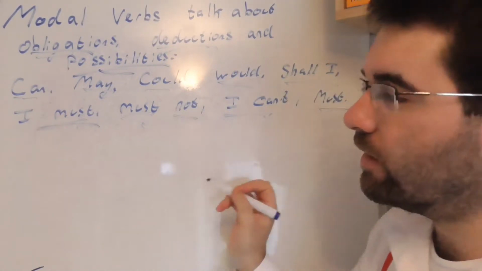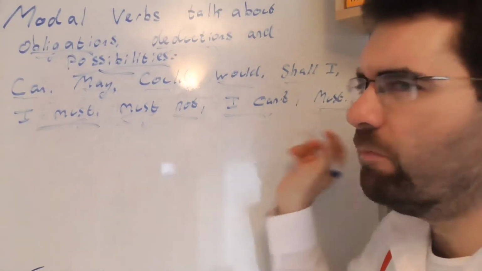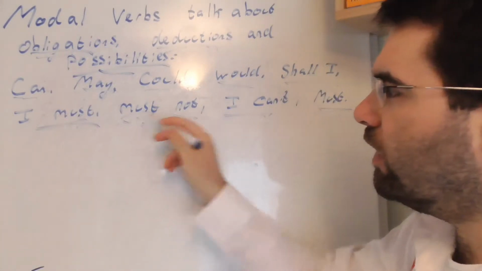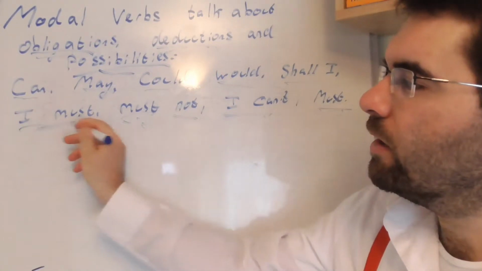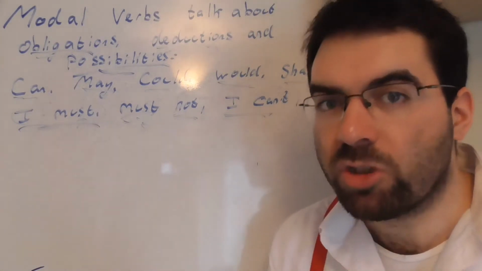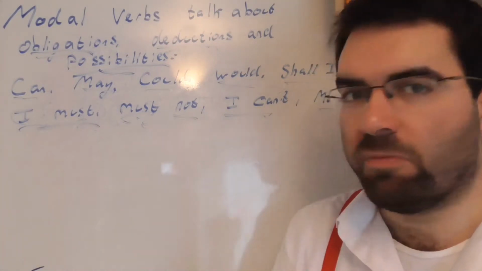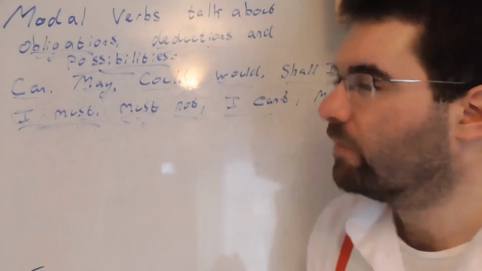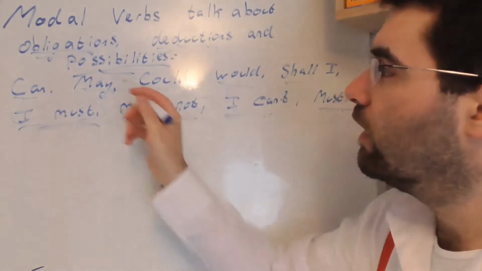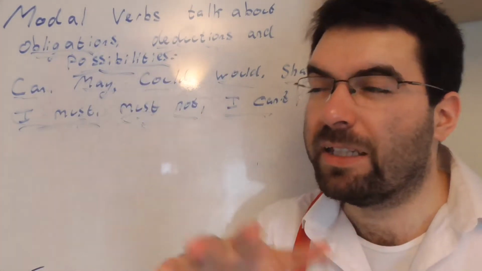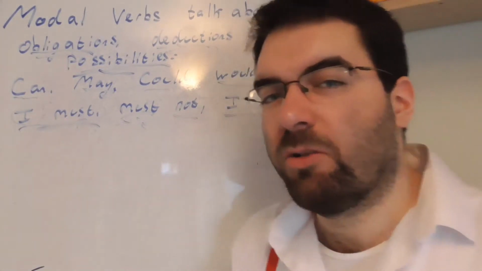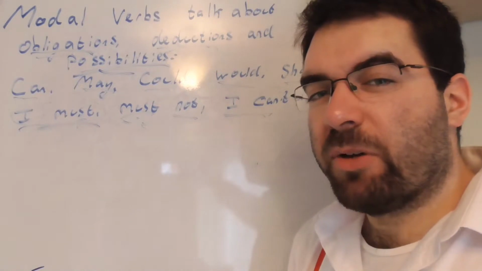Must. Oh, we had must here. We must have made a mistake. A mistake must have been made by me. Here, must twice. I must have made a mistake. When I was writing the lesson, a mistake must have been made by me. Cool. Things that must happen, obligations. Deductions, what it boils down to. And possibilities, chances of things happening. But, as always with English, let's keep going.